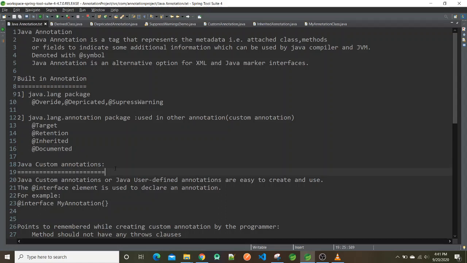So what are Java custom annotations? Java custom annotations are user-defined annotations which are easy to create and use. The @interface element is used to declare an annotation.